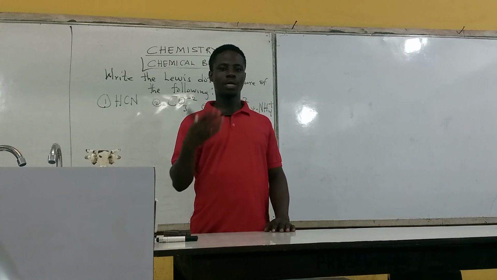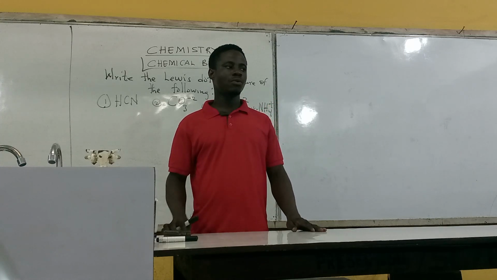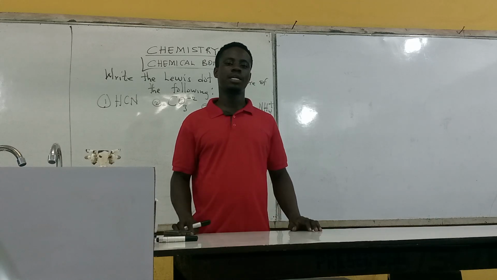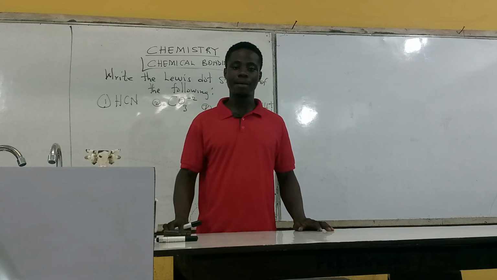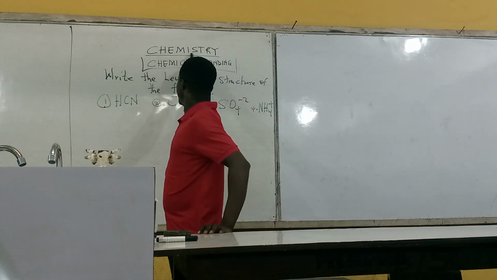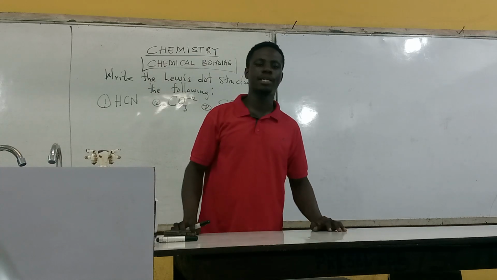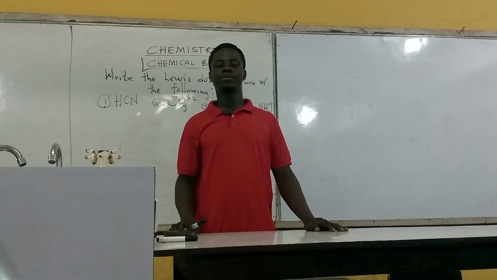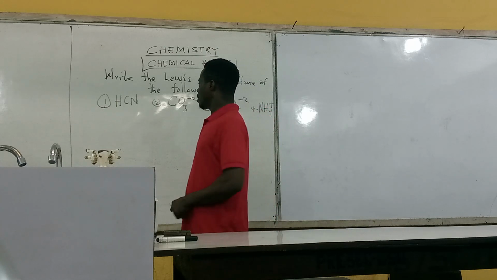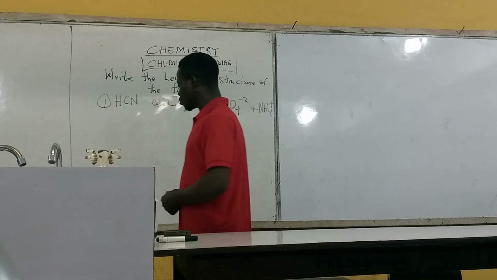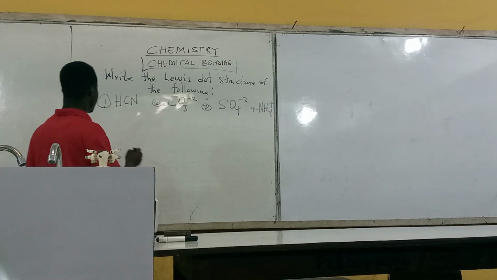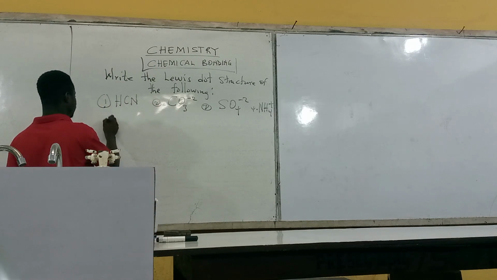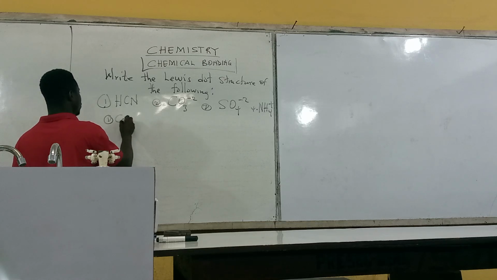We are going to come out with some rules. Try to memorize those rules. It may look lengthy, but if you continue to practice it, we said chemistry itself is try. If you keep trying, you will have mastery over it. So let's start. If I want to write the Lewis dot structure of any molecule, the first thing I will have to do, rule number 1, is to calculate